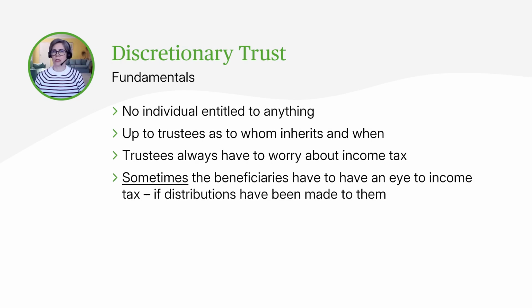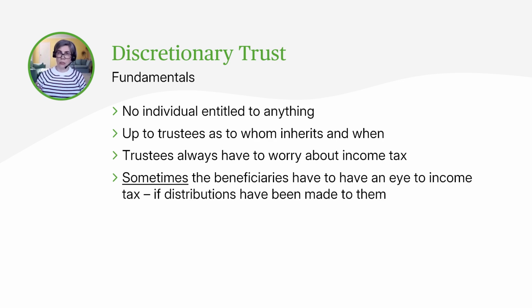So let's start off with having a look at some of the fundamentals of discretionary trusts and how they differ from other types of trusts. And because of that difference, we end up in this unique situation in relation to having this tax pool problem. So if we have a discretionary trust, the beneficiaries are reliant on the trustees deciding who benefits and when they benefit. So potentially they could decide not to pay anything out, and that would potentially not be a breach of trust.